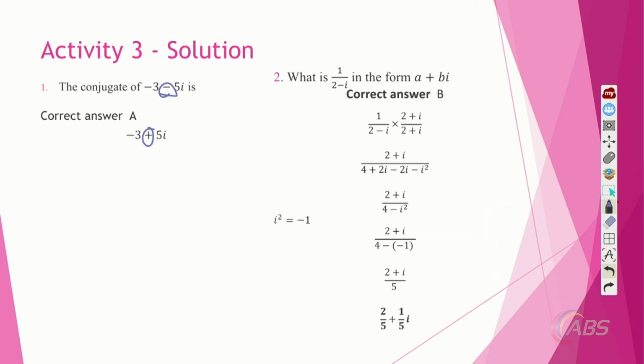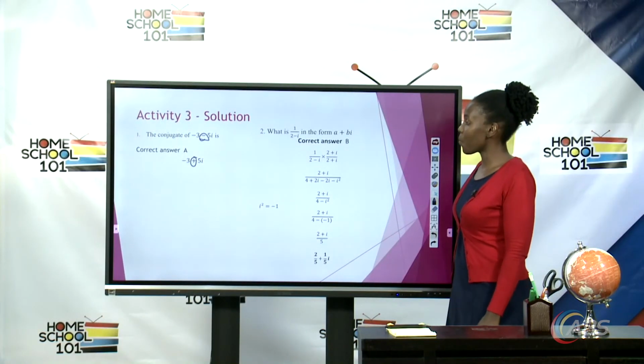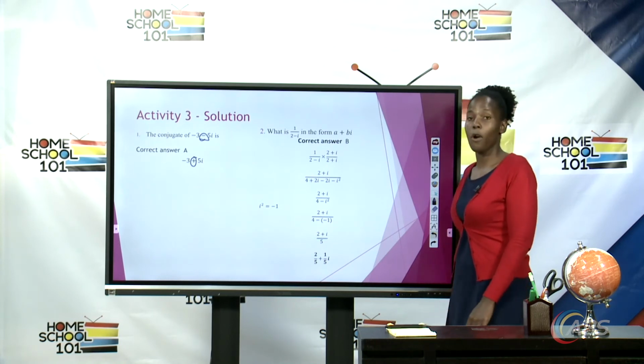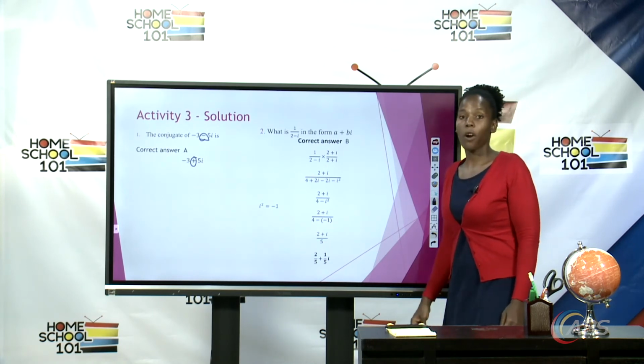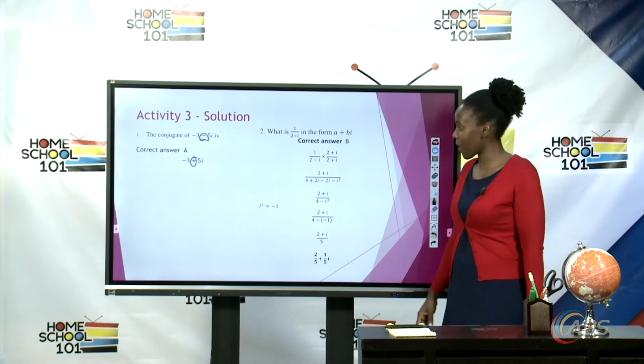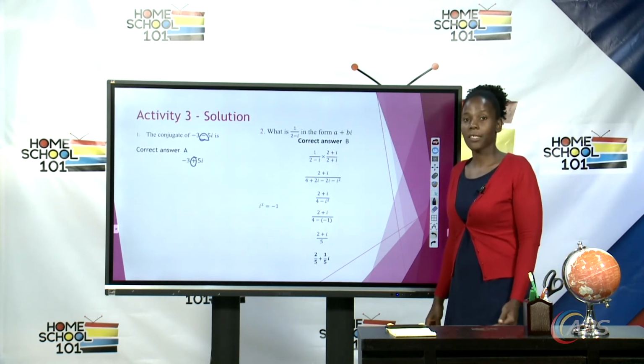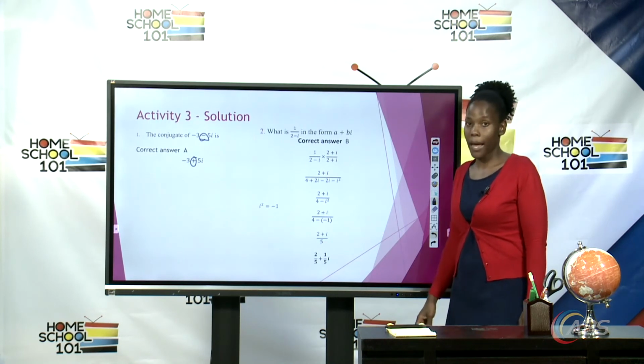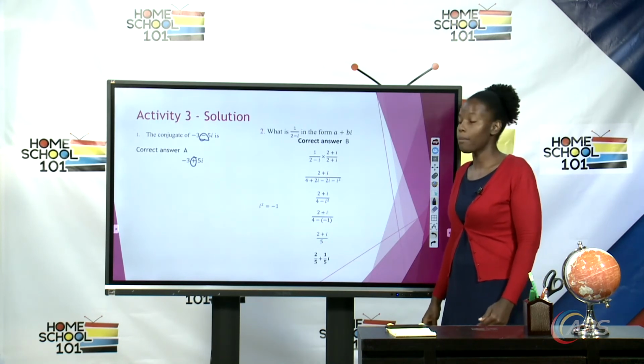Then we move on to the second example, or the second question. It states, what is 1 divided by 2i in the form a plus bi? Now the correct answer is b, which is 2/5 plus 1/5 i. So again, the steps, what we would need to do is to multiply numerator and denominator by the conjugate of